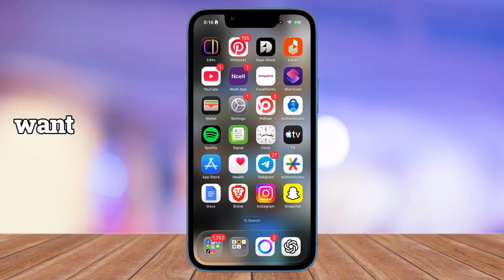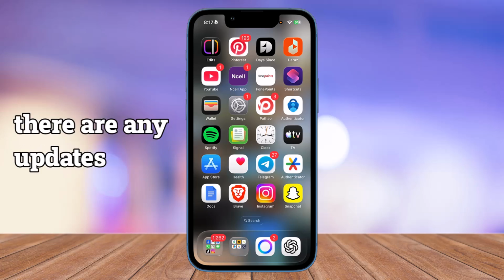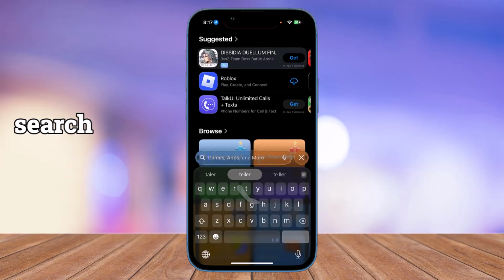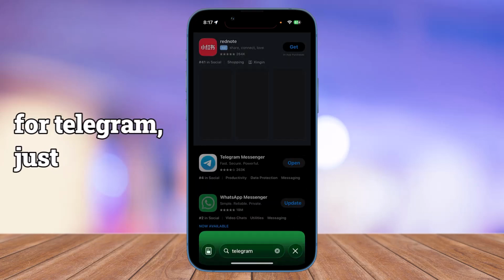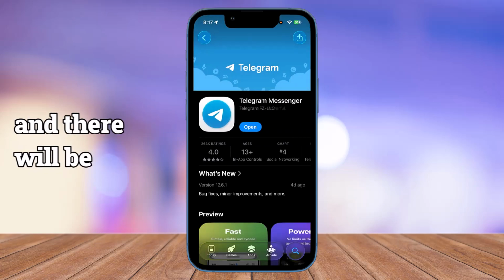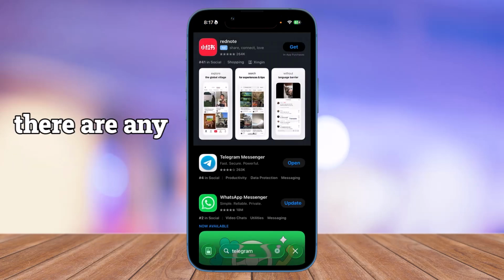The first thing you want to try to do is check if there are any updates available. In order to do that, open your App Store or Play Store and go to the search bar and search for Telegram, just like that. Once you've done that, tap on the application and there will be an update button if there are any updates